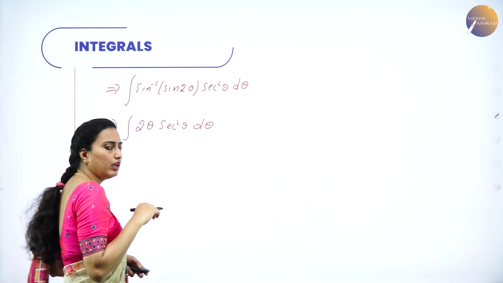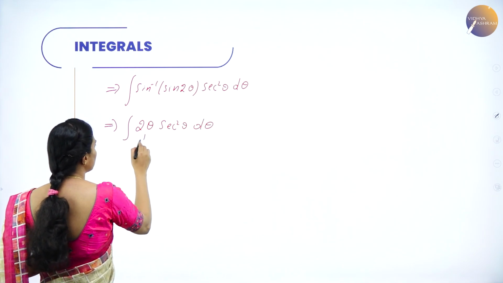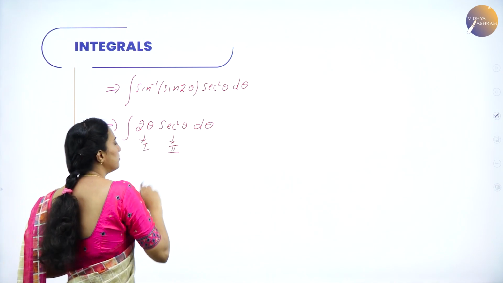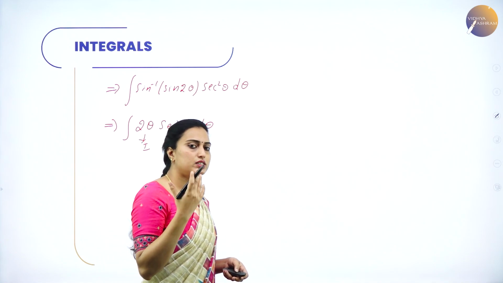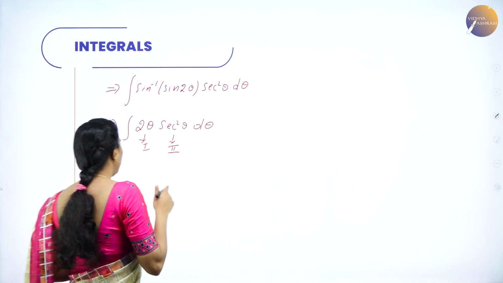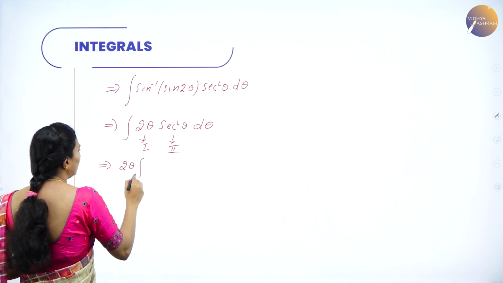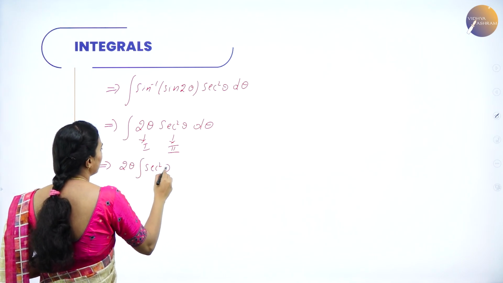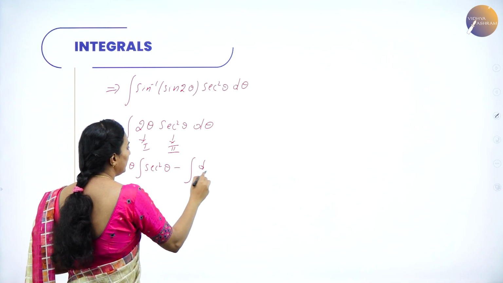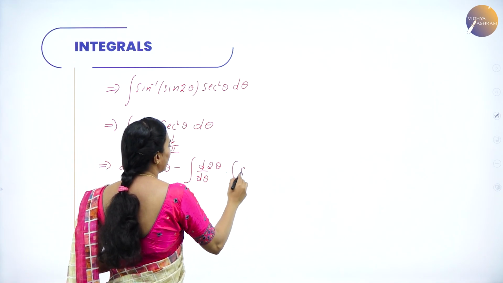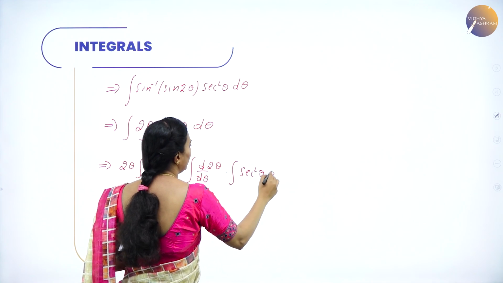Now, according to the integral by parts, you can take this as a first function and this as a second function, because algebraic is first, trigonometric is next, according to the ILATE rule. Let me integrate, which implies first function into integral of second function minus d by d theta of first function, isn't it? Into integral of second function into d theta,